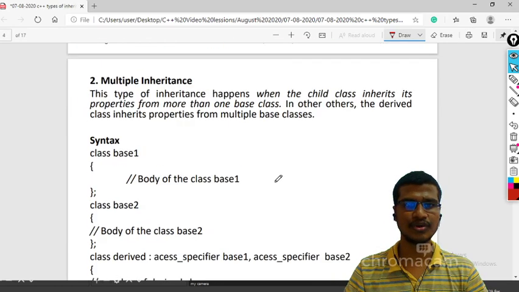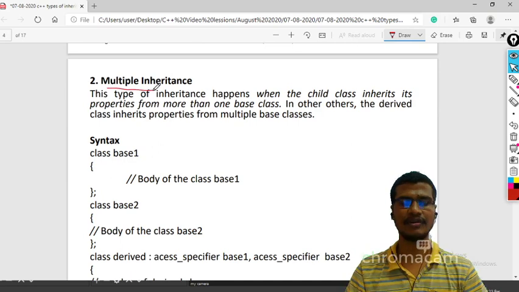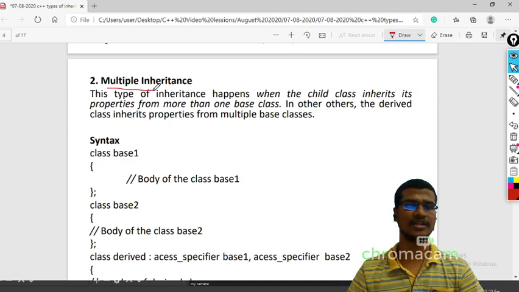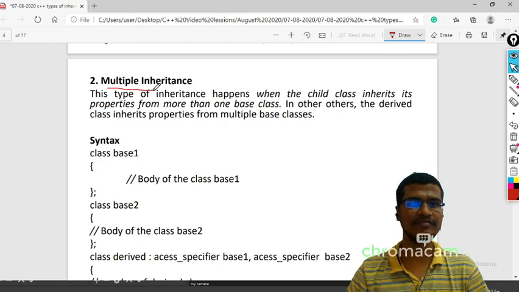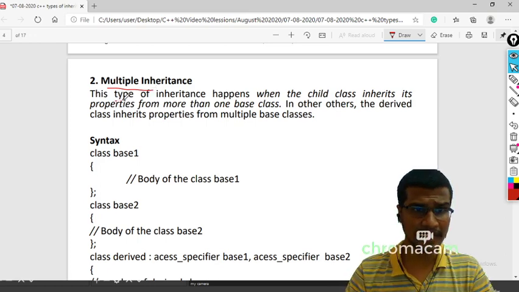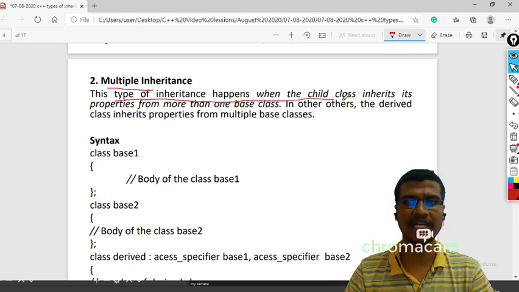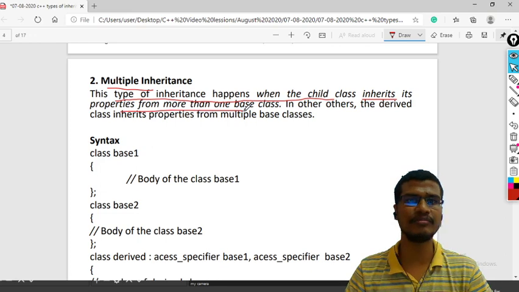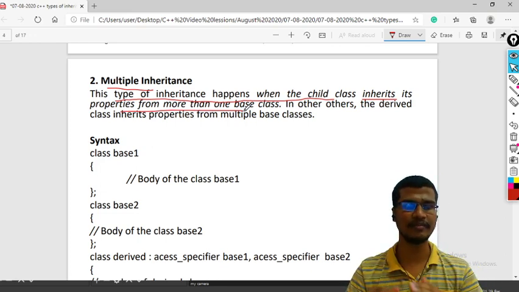Next, I will go to the next type of inheritance, that is multiple inheritance. Multiple means more than one. From the name itself, I can say that this type of inheritance happens when the child class or derived class inherits its properties from more than one base class, that is, multiple base classes.